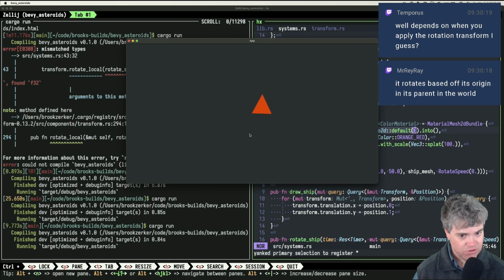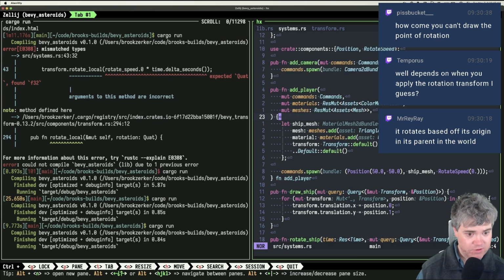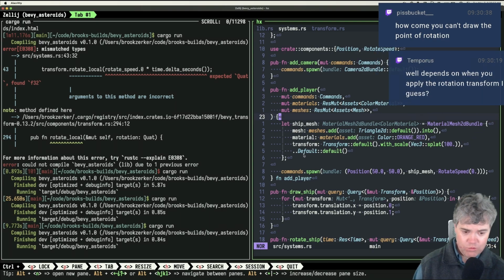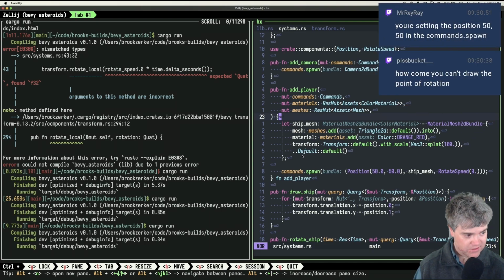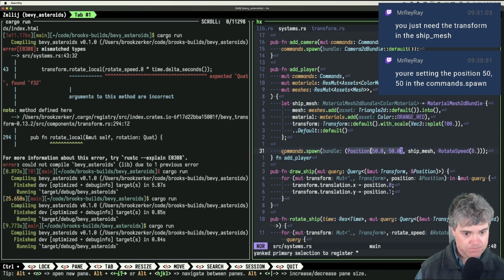Okay. I don't know if there is a parent. How come you can't draw the point of rotation? Can I draw the point of rotation? I guess the point is I don't know where that is to draw a thing. But yeah, I'm setting the position. Well, okay. So I'm setting the position. Well, okay. So I have